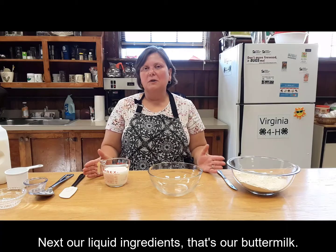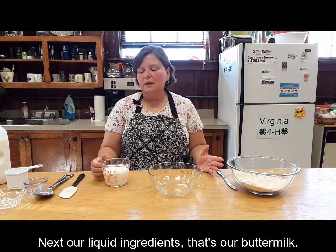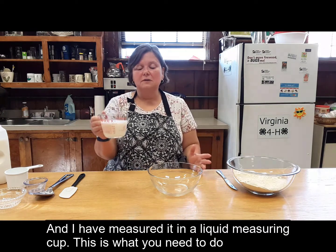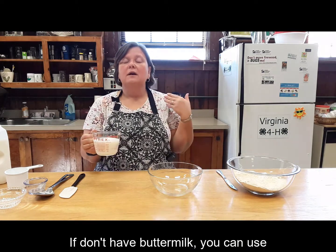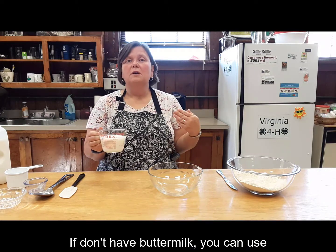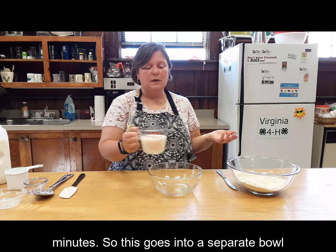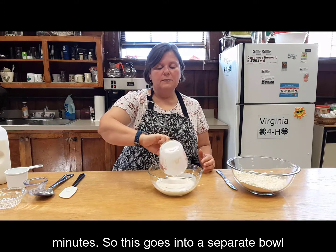Measure our liquid ingredients, and that's our buttermilk, and I have measured it in a liquid measuring cup. If you don't have buttermilk, you can use 1 cup of milk and 1 tablespoon of vinegar and let it set for 15 minutes. So this goes into a separate bowl,